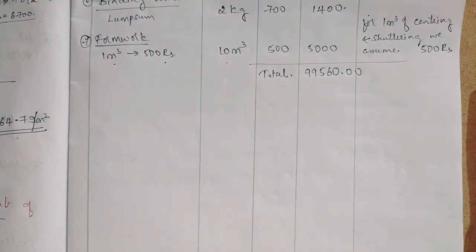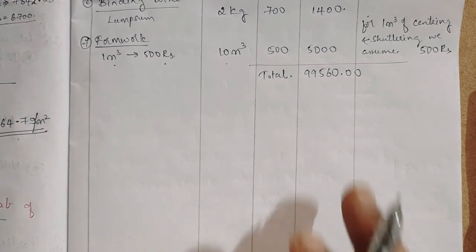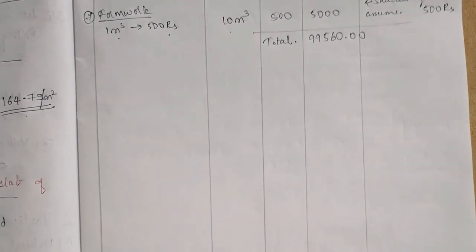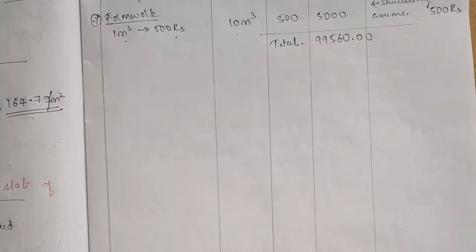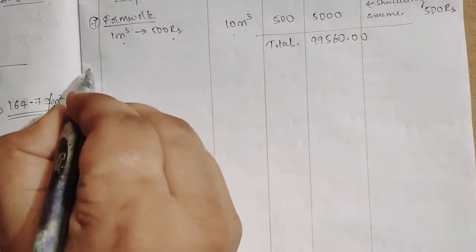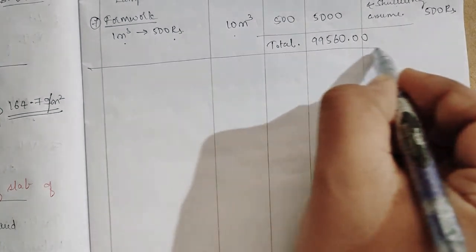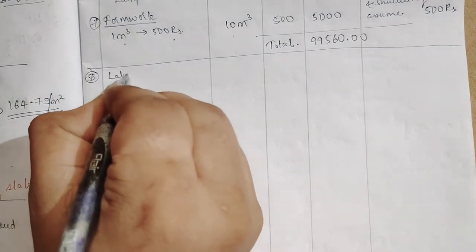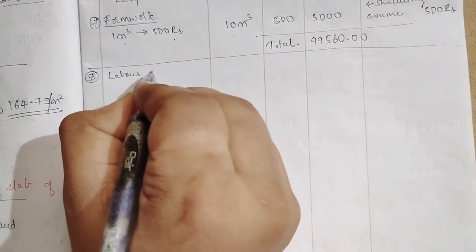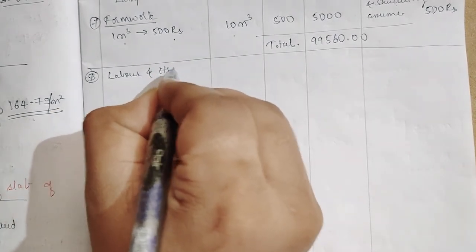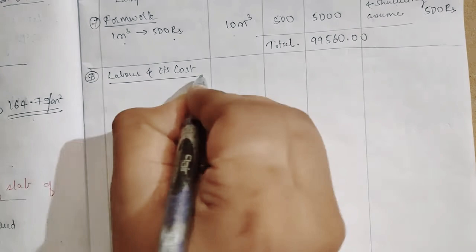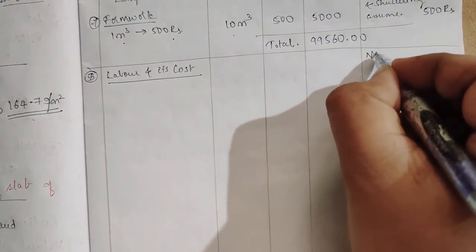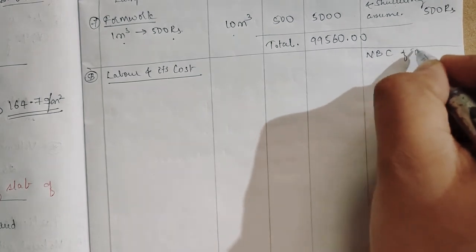Only the material and cost for 10 meter cube of work will be 99560 rupees. Now, labor and its cost, labor requirement and its cost. Okay, so here as per the NBC of India,